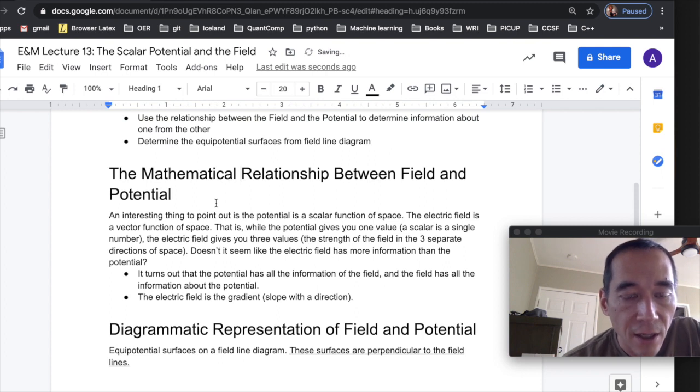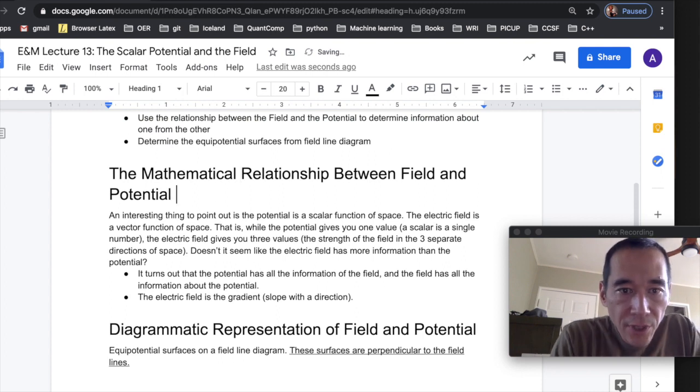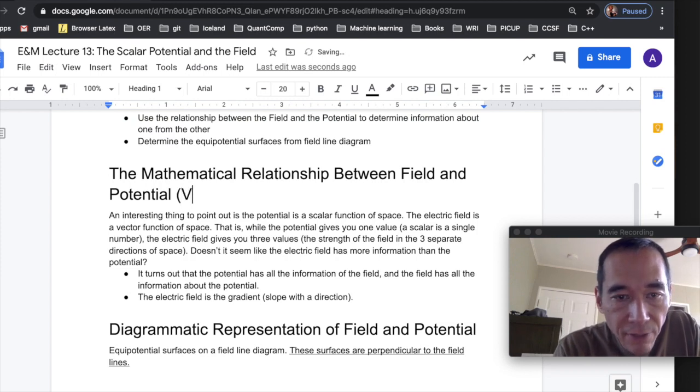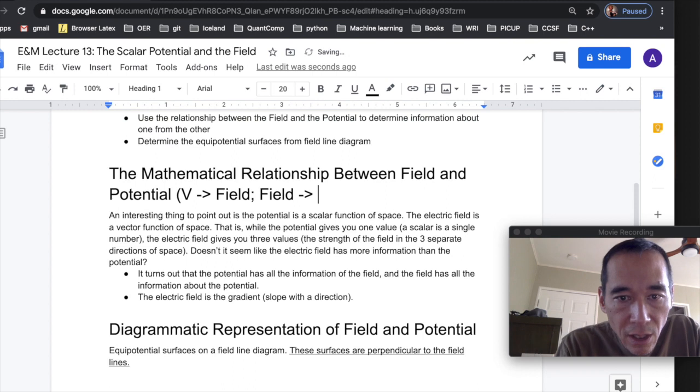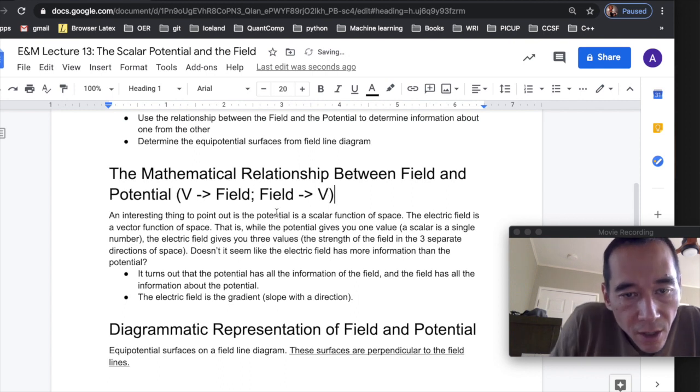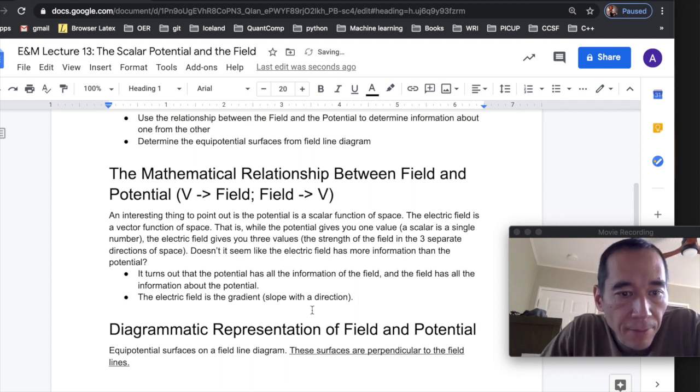So it's kind of like we should be able to go from, for example, if we're given the potential, we should be able to give the field. But also, if we're given the field, we should be able to give the potential. So sort of both directions. So anyhow,